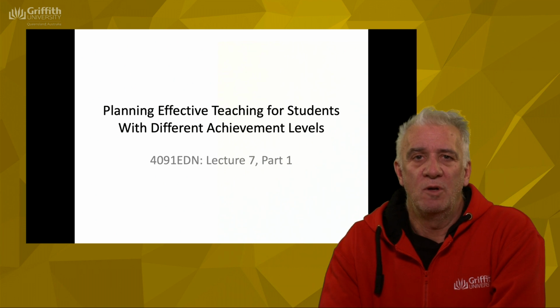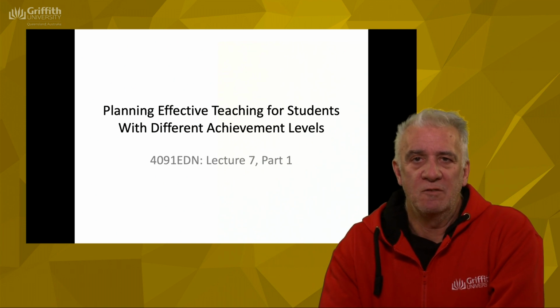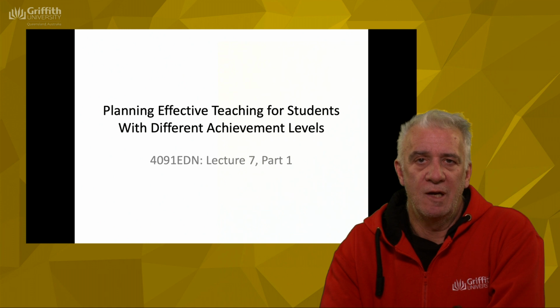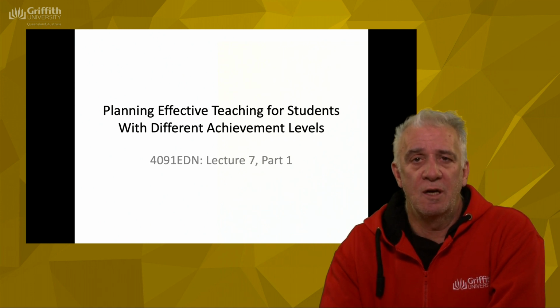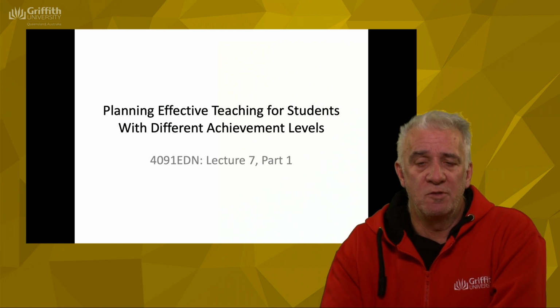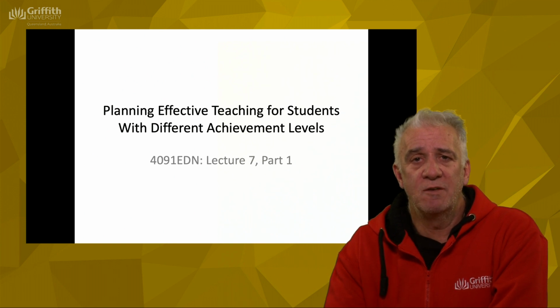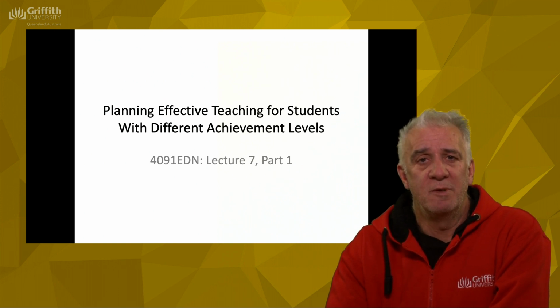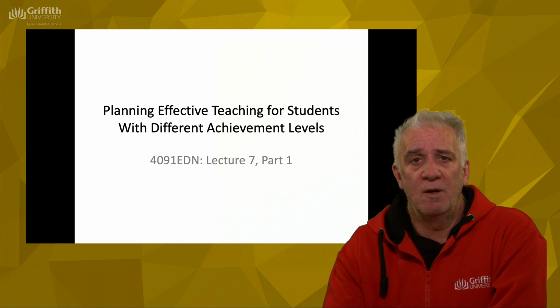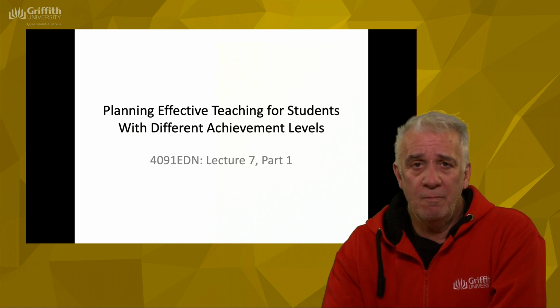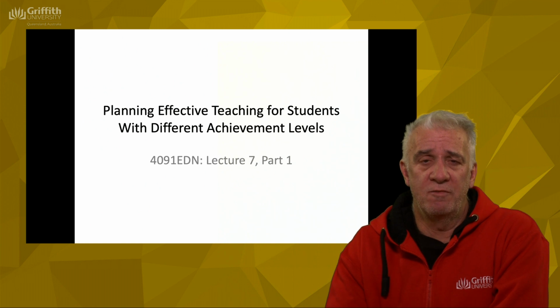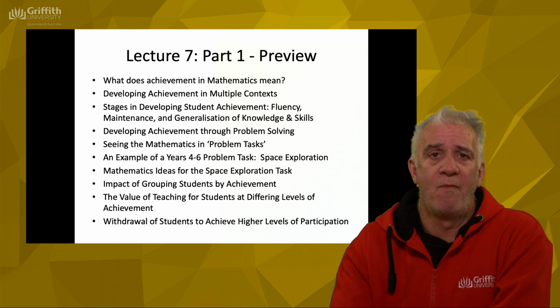This week we want to look at how we can plan for effective teaching for students with different achievement and interest levels. So the first video here, we're going to look at different achievement levels. The most common way of coping with this in schools has been to have streamed classes where we differentiate them and put them in different classes on level based on their achievement, but largely research has shown that this is not effective. So we'll try and look at some other ideas.